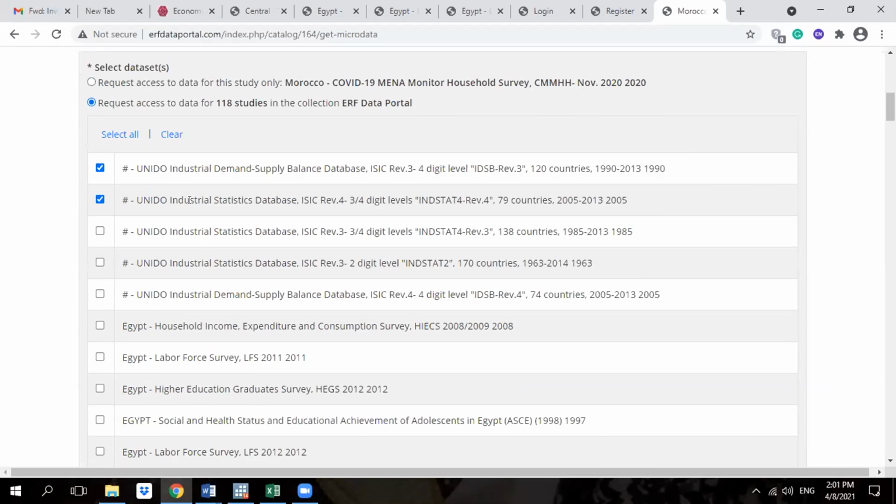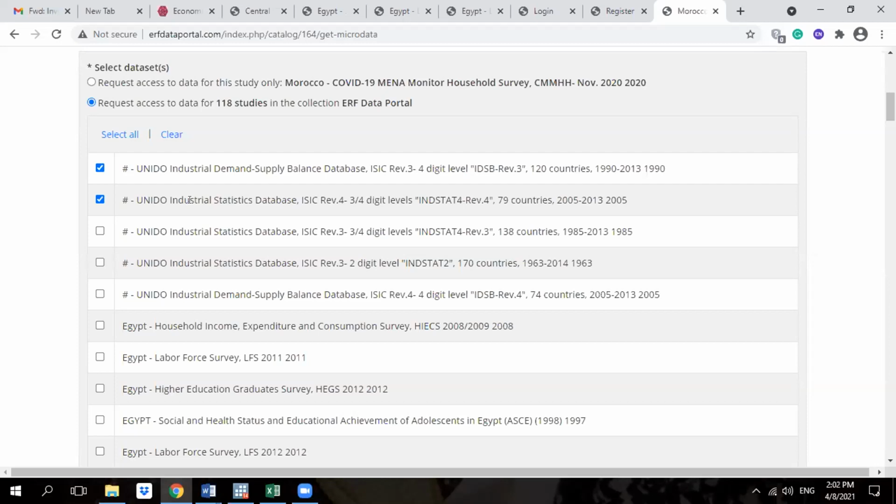But also, just a hint, you shouldn't request all 118 data sets. If you want to explore the data, you just go to the data description, explore the variables and their availability from the data description or data dictionary, and request what you want.